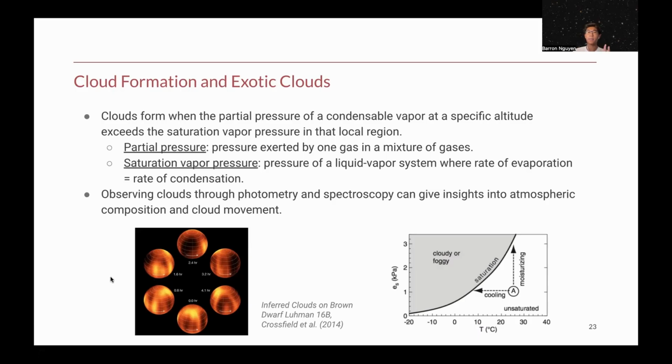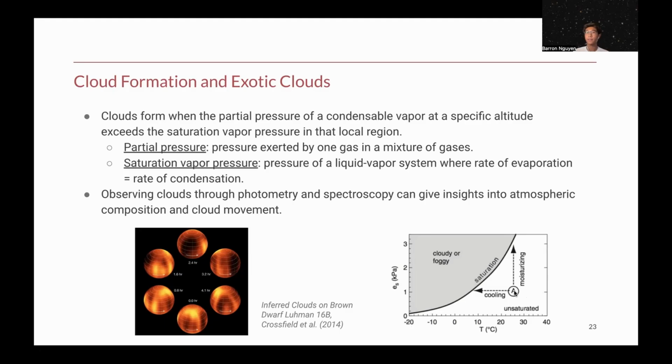By studying the amount of light that they emit, we can make a map of the cloud. So this is actually a really cool model of the observed clouds on Luhman 16B by Crossfield et al. in 2014, where they map the clouds on the brown dwarf. And then on the right, we have the idea for cloud formation, where at a certain temperature and a certain partial pressure, we have, starting from A,